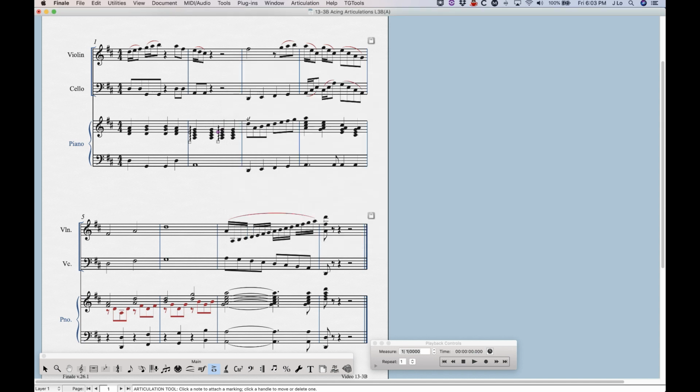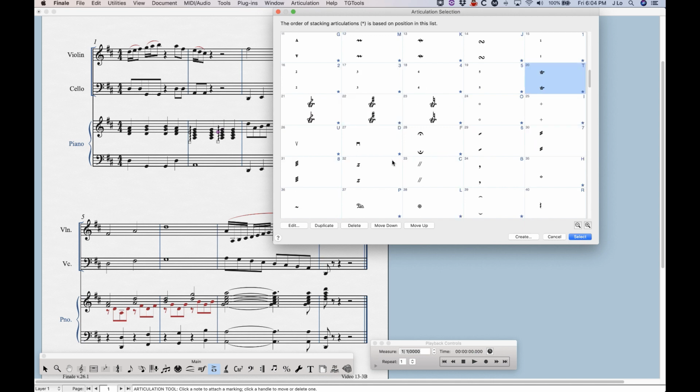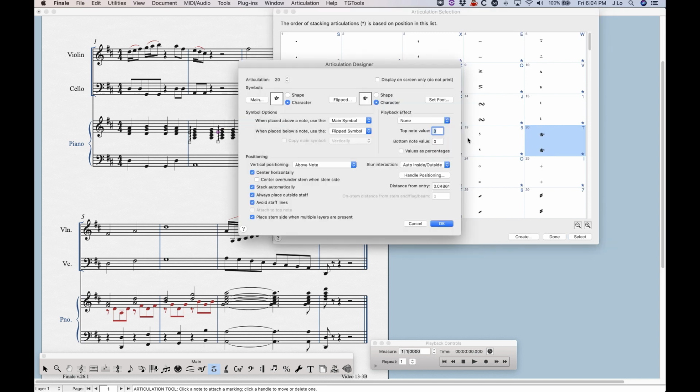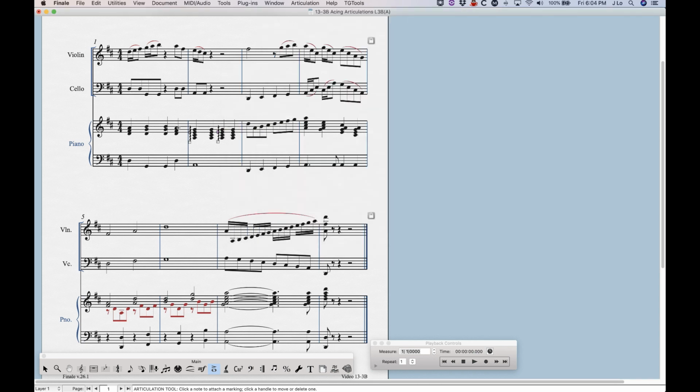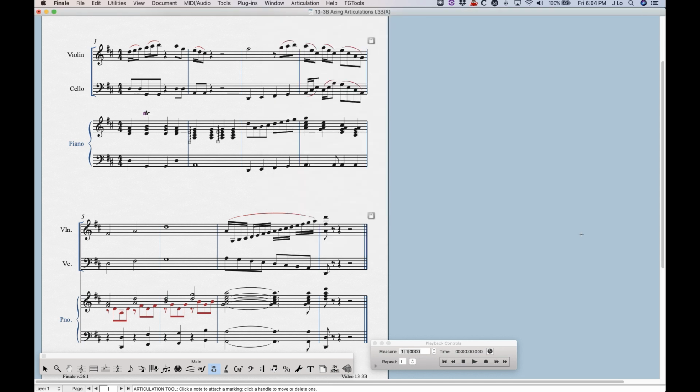One other thing I wanted to mention now, you may have noticed in the articulation library there are other types of articulations, right? You have a lot of ornaments, for example, and you have trills and all that stuff. And you know, these things will play back despite the fact that there is no playback effect on them. Actually, even I'm selecting the trill here, and you'll see that it has no playback effect, right? But if I select that, hold on, let's put it on the G, on the second chord here. If I select that and play it back, it will play that trill,